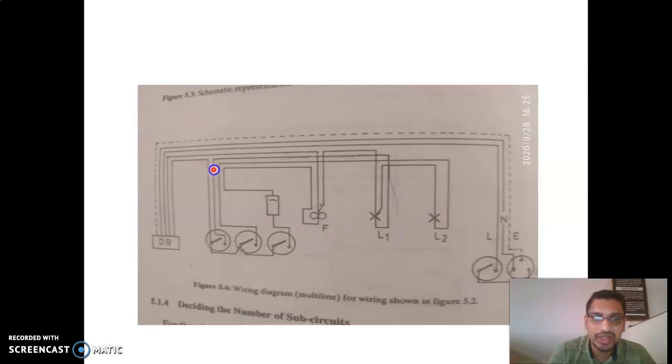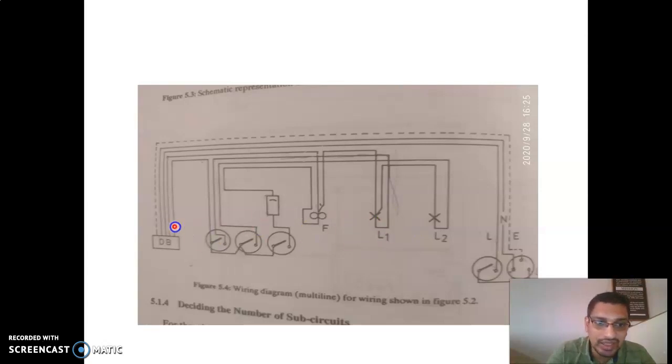Okay, so from this portion to the switchboard there are 4 lines. One for input to the switches, and 3 are the outgoing from the individual switches. So from this point to the switchboard there are 4 phase wires. One is used for incoming and the remaining 3 are used for outgoing, which connect to different sub-circuit points.